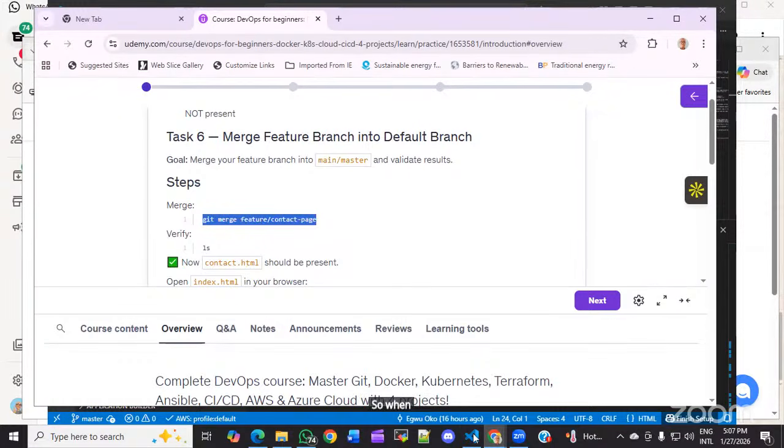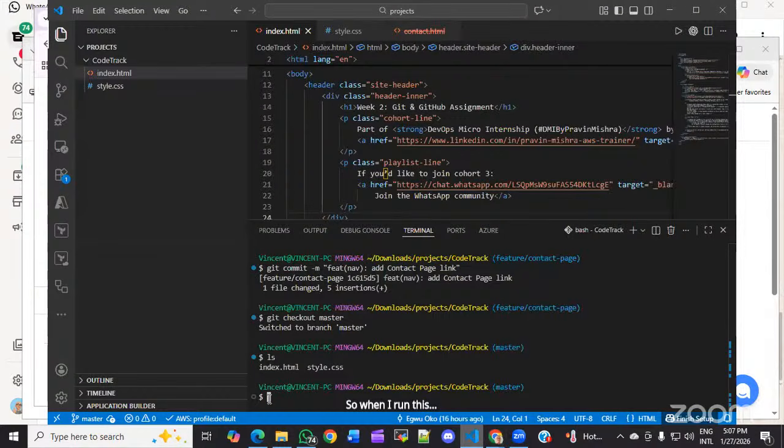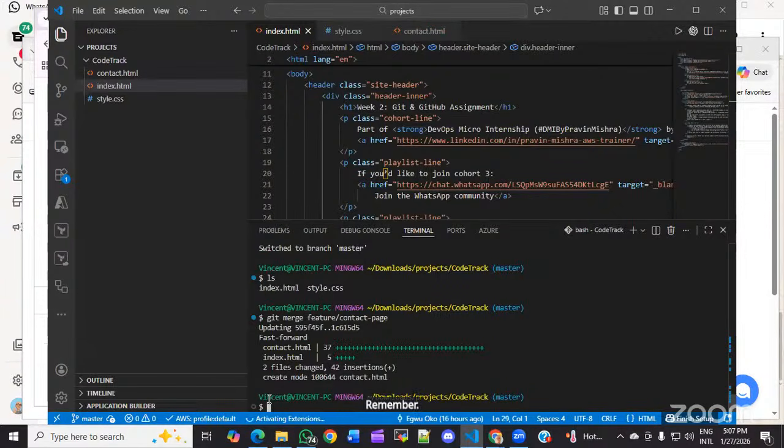So when I run this, remember, the git merge command is run when you are now in the default branch, not in your feature branch. That is why I had to move away